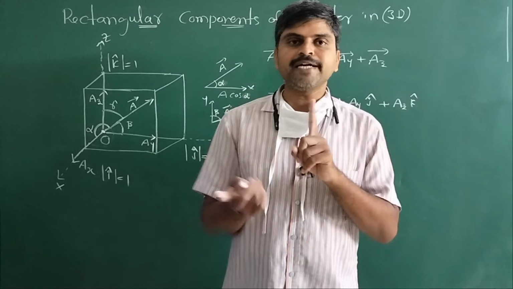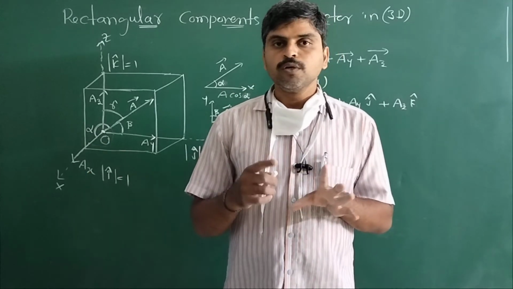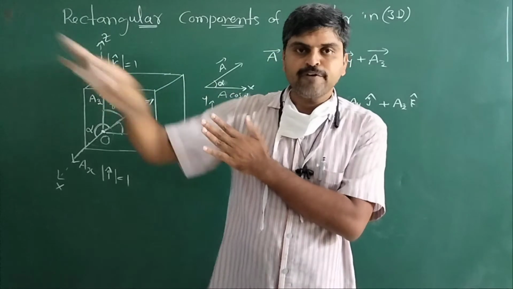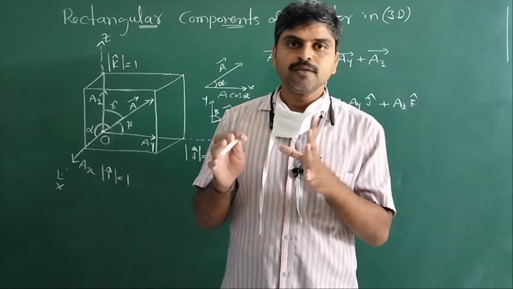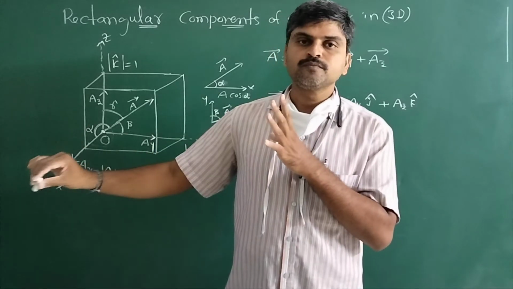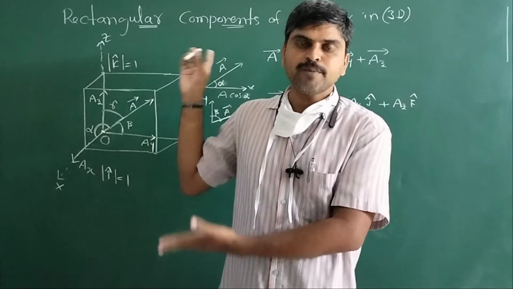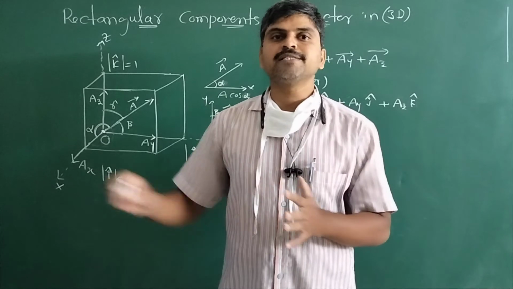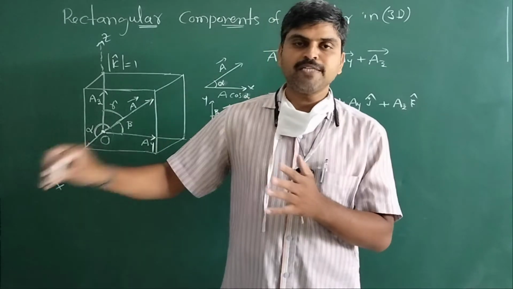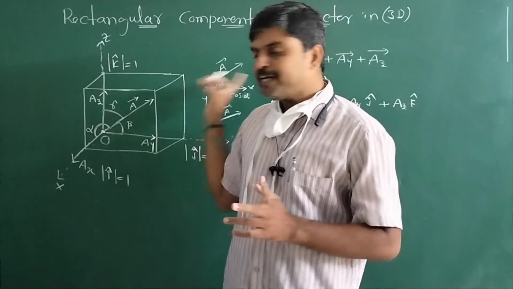This x, y, z, these three are mutually perpendicular. So this plane is different, that plane is different, and this plane is different. The planes are different, so in which plane is this vector a bar? It is in three dimensions. It is not in the xy plane, not in the yz plane, not in the xz plane. That means it is three-dimensional. This a bar vector is in three dimensions.